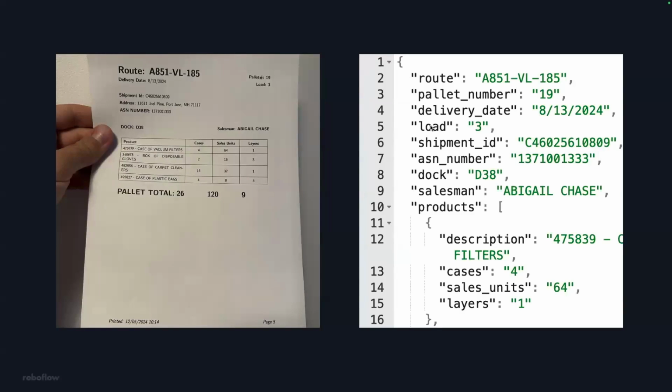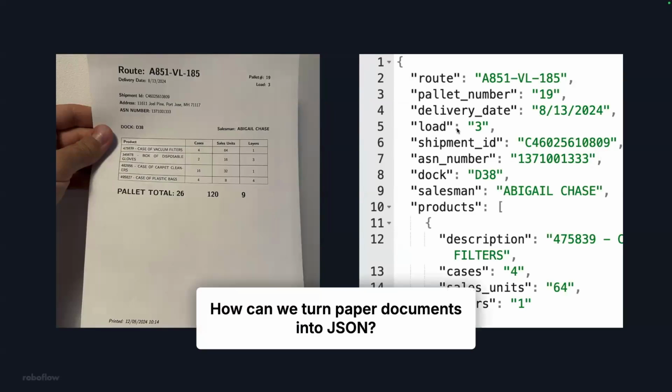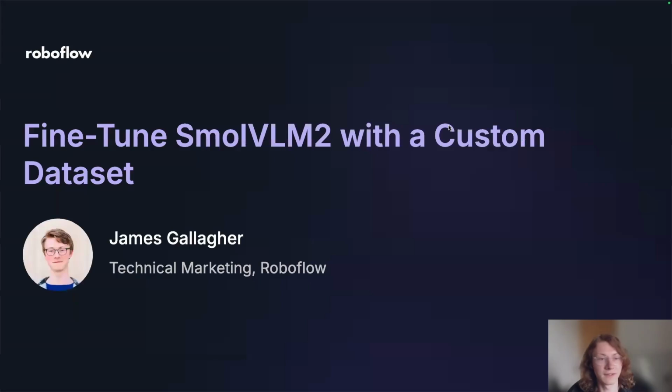On the left, we see a shipping manifest. And on the right, we see JSON that represents that shipping manifest. So there's a natural question: how do we turn paper documents into JSON that we can use in our Python scripts, in our programs, in our databases? So I'm James, and today we'll be chatting about how to fine-tune SmolVLM2 with a custom dataset for document